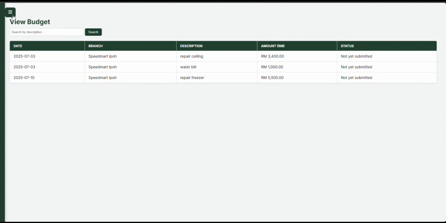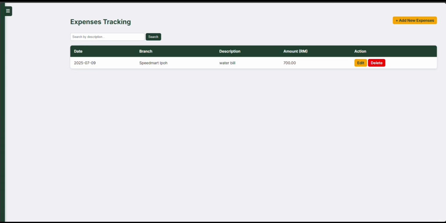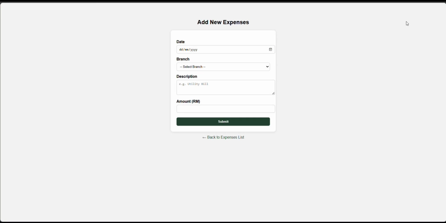Next, we have the expenses tracking page. The branch manager can record and monitor all expenses related to specific budget categories. To add new expenses, the user must click the Add New Expenses button. By clicking on this button, the user will be directed to a form where the user needs to fill in required